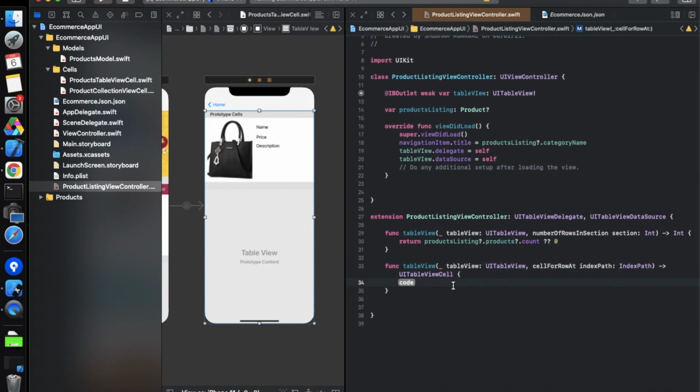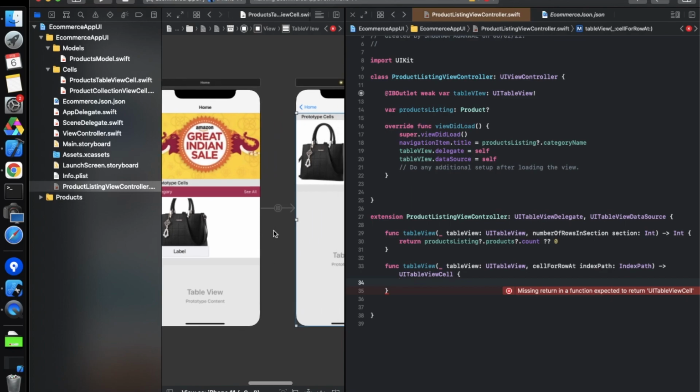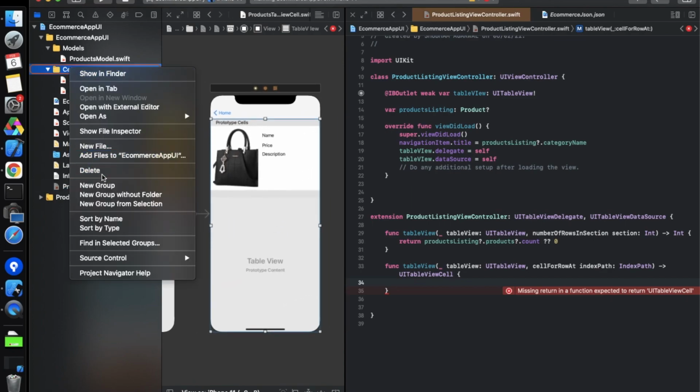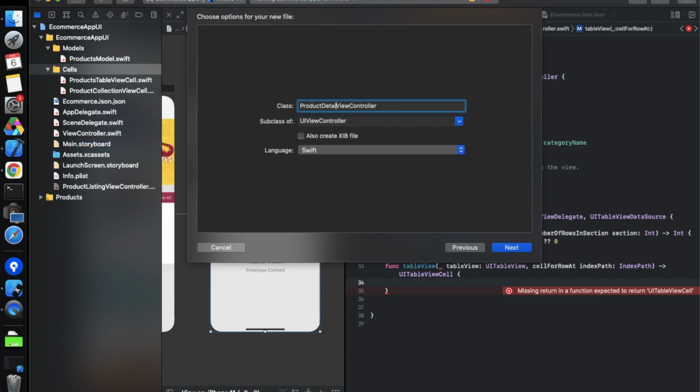And now we have to take one more cell class which will contain the things over here. We could also use the same cell class which we used over here, but we didn't use it, yeah, right. So we have to create one more cell class. So it's a new cell class, new file. It should be named product details, and it should be a UITableViewCell class.